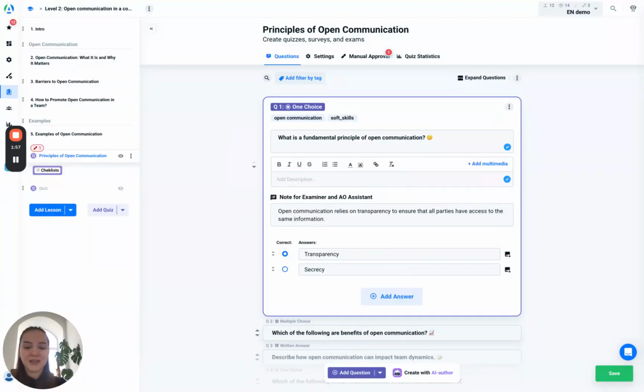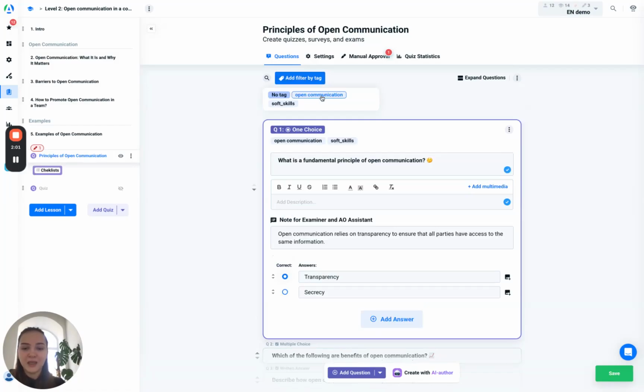You can also filter questions in a quiz by tag by clicking Add Filter by Tag. This makes it easy to quickly find questions for a specific topic or categories. By using tags, you can easily create a structured question bank, save time searching for questions, and simplify reusing questions